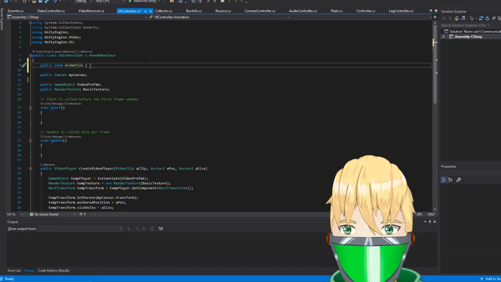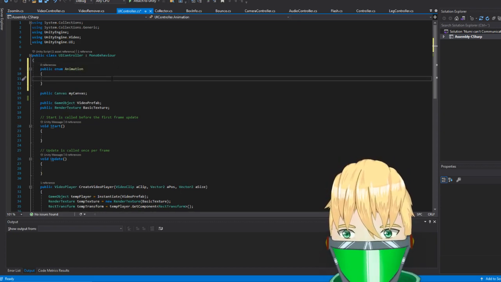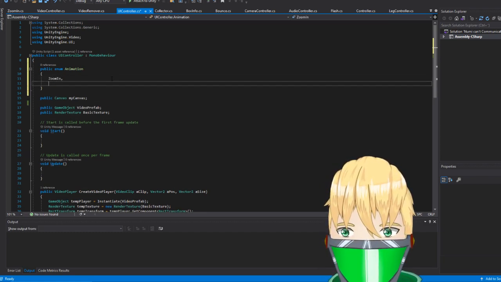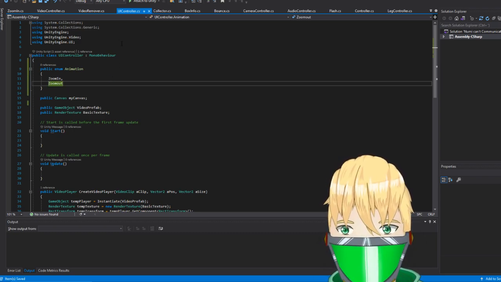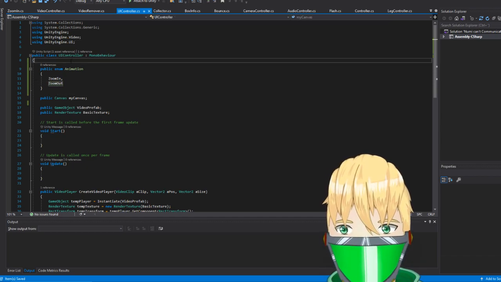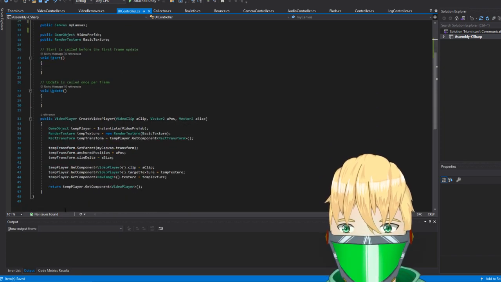Because if we were to do it like this, so we have an animation. We have all the animations here. So we have zoom in, zoom out. And right now, those are the only ones we will create. We also want a big there. I guess we want like...